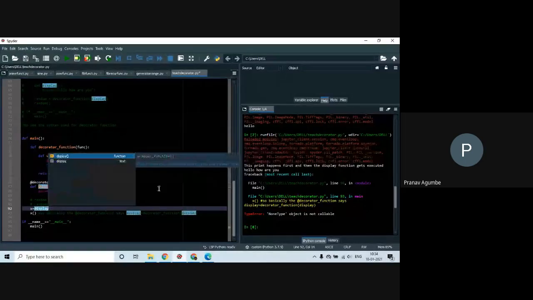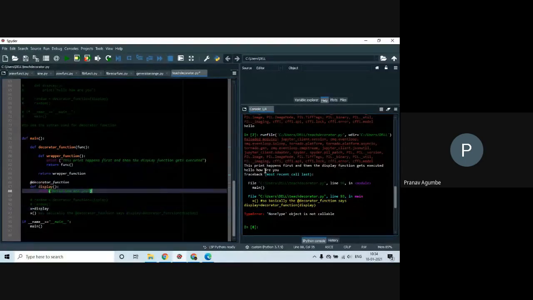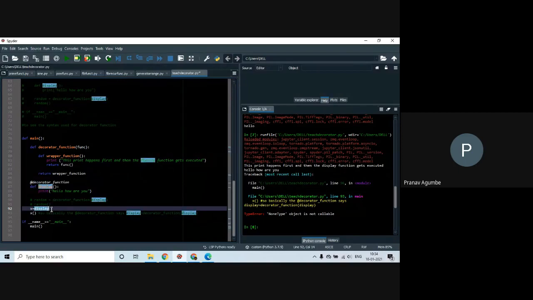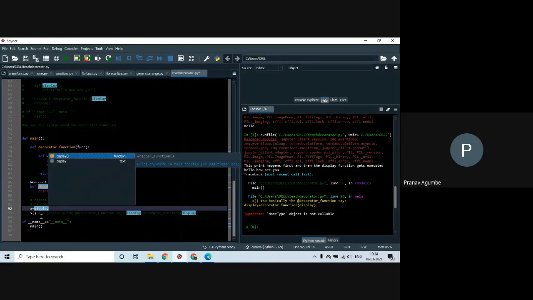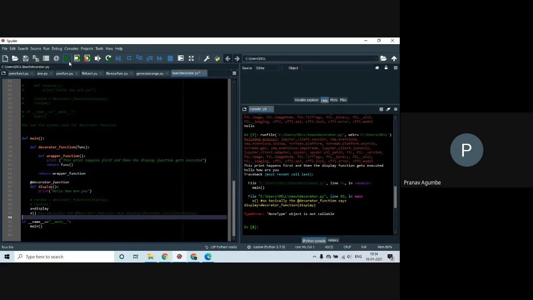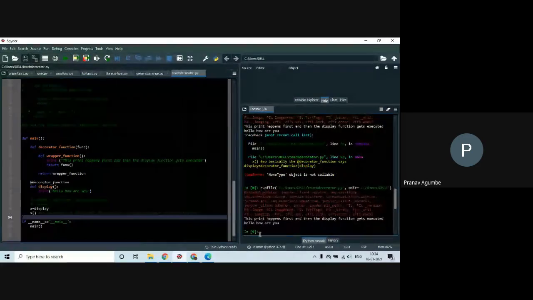So what happened is this prints. It's getting printed, but we are also getting an error because we had given brackets here. There is no parameter. So let's see if we only do x is equal to display and call. Yeah, it works.